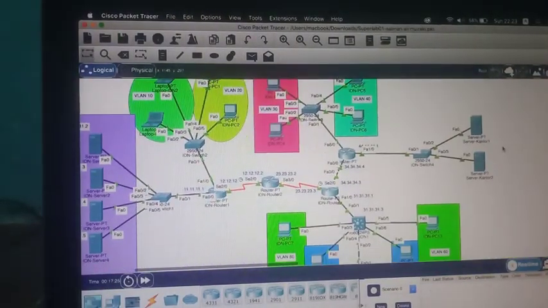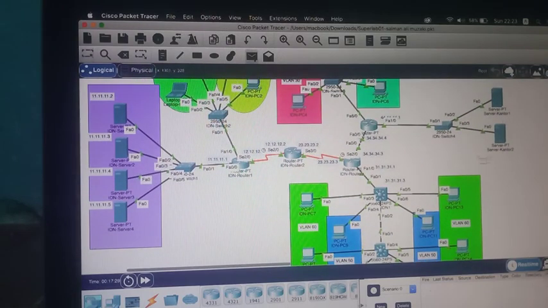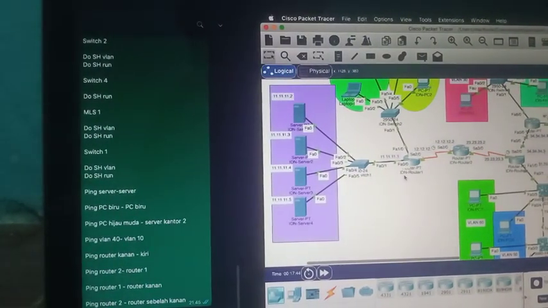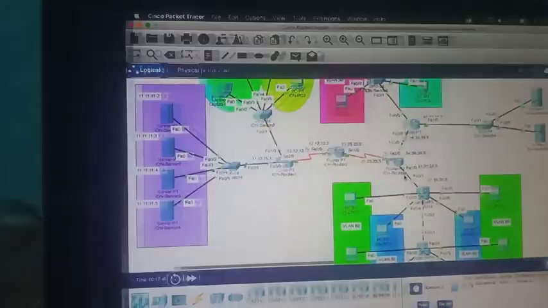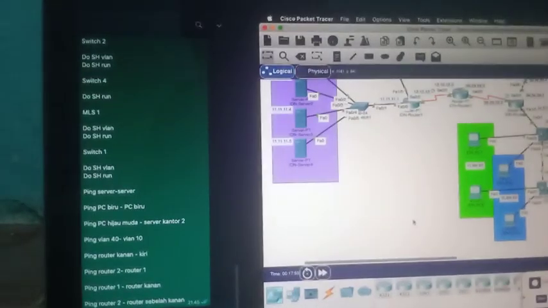Next we do the ping tests, from server to server, and it is successful. Then we ping this to this, and it is successful.